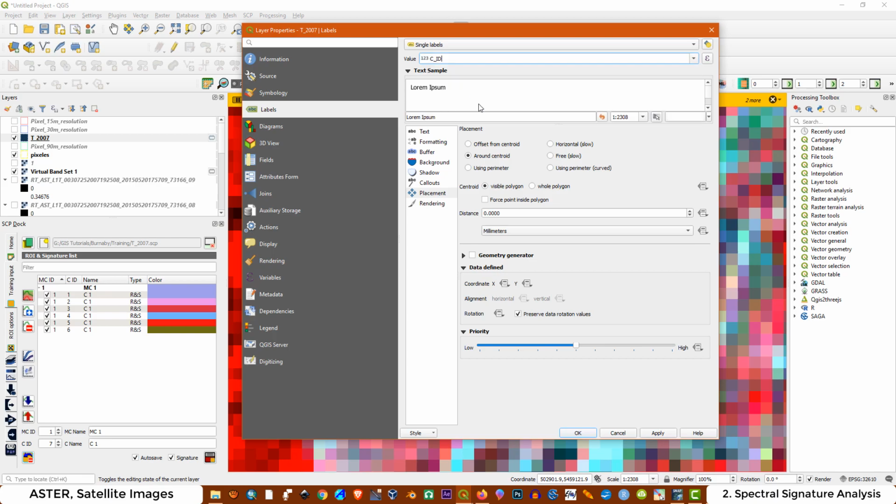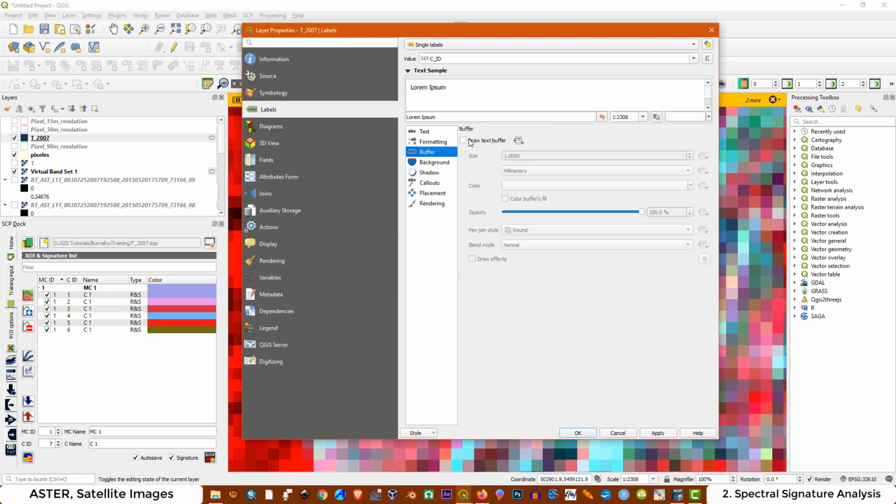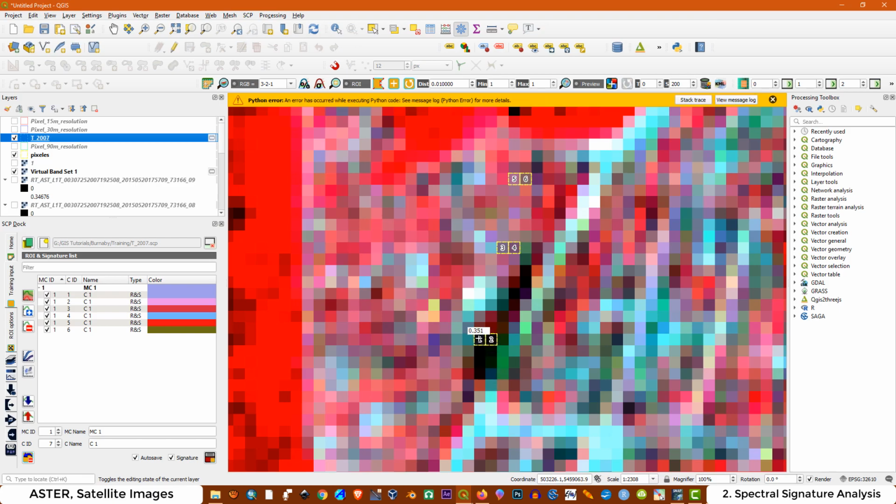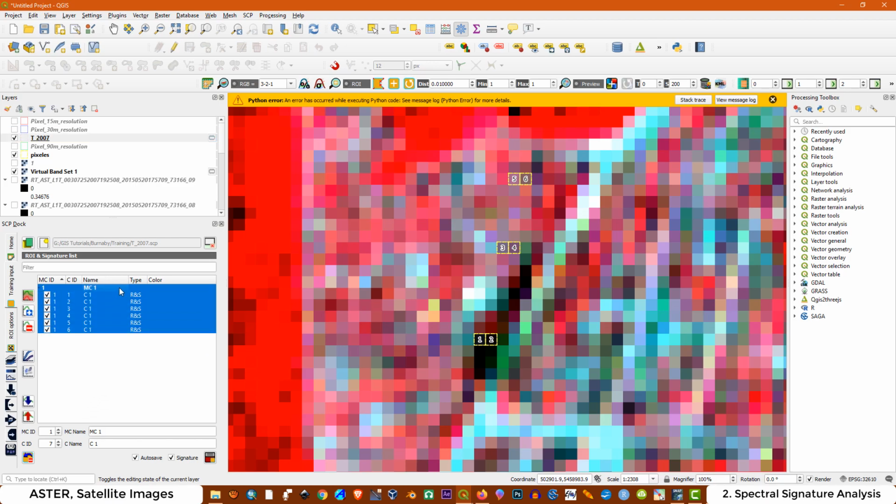It is going to be this one, then make a buffer, and for the location it is going to be the first option, apply, and OK. As you can see, this one is 1 2 3 4 5 6, this 1 2 3 4 5 6. Then we have to select all these ones and press this button to see the spectral